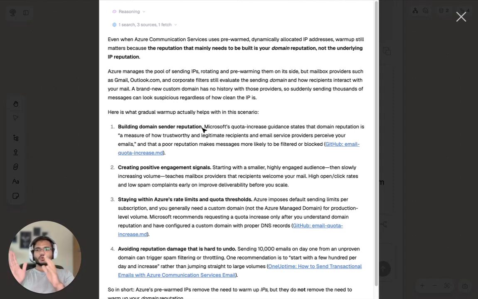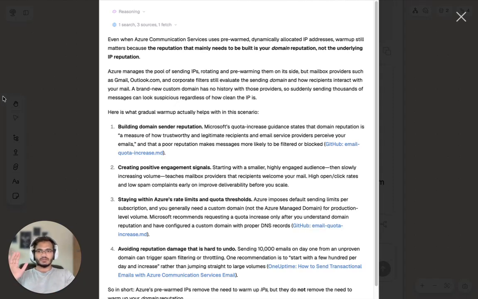But of course, avoid volume spikes. You always want to take it in steps, little by little. So if you've been sending 5 emails per day using that domain, don't jump to 50 from the get-go. Do it 10 in the first week, then 15, and then 20, and so on and so forth. We have the ramp up feature on our platform. You can use that. Otherwise, just set the limits manually.